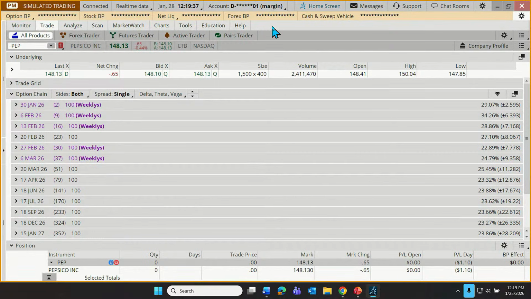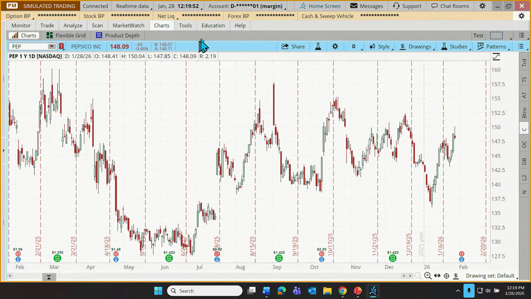So there's 4 different ways that we might trade, and not every way is going to be on the trade tab. As a matter of fact, for the rest of this discussion, we're not going to be revisiting the trade tab, at least not by default. So let's now move over to the charts. Sometimes a trader spots something happening on a chart and they want to act right away.